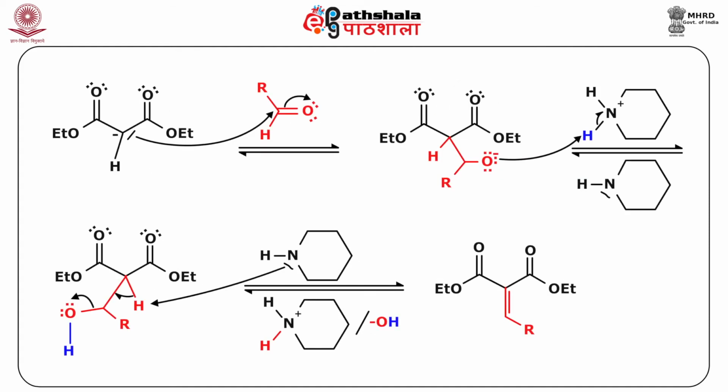The next step is that this enolate ion attacks as a nucleophile via the carbon of the carbanion on the carbonyl carbon of the aldehyde or ketone, and this is as shown here. And unlike the aldol, the resulting intermediate, rather than taking a proton, undergoes base induced elimination. You can see here this piperidine will be helping again in this elimination, and as a result we get this unsaturated product, which is the alpha beta unsaturated, as you can see here.